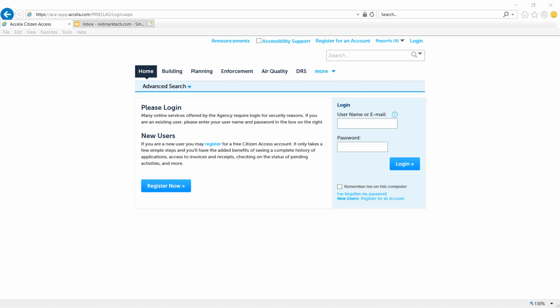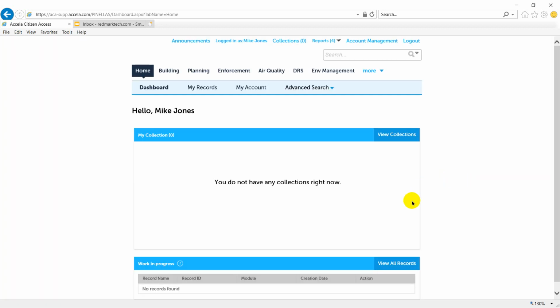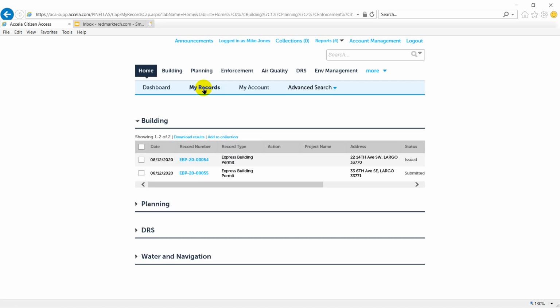Let's spend a few minutes learning how to pay outstanding fees on applications or records that had been previously submitted. Let's go ahead and log back in. And going to My Records, I have gone ahead and created multiple records in other modules or departments to give